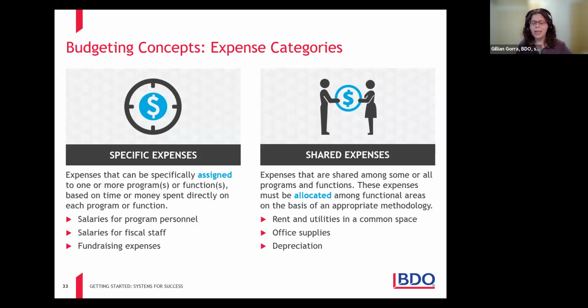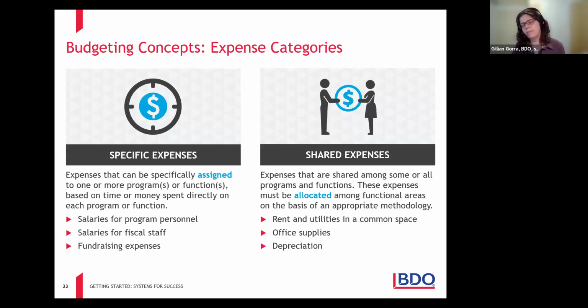I think occupancy expenses are the easiest things to use to explain shared expenses. So let's say you're renting a facility for your organization, and that facility is housing your programmatic work. You've got programming going on in your space. Your administrative team members are officing in that space. Your fundraising is occurring in that space. Maybe you have special events in that space. Maybe you've got other administrative activities like board meetings happening in that space, but you're just paying one rent bill